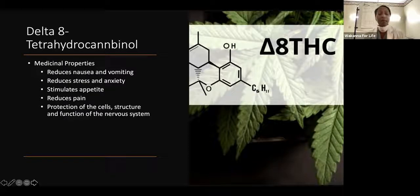It helps to stimulate appetite. Many people who are undergoing chemotherapy or any treatment for cancer may find this product really beneficial because it really does help stimulate the appetite. Now, you may ask, if I use it and I don't want my appetite stimulated, will it do that? And that's the beauty of the endocannabinoid system. The endocannabinoid system keeps our body in balance. So if our body is lacking in areas, the products will address those areas. So if you're not needing your appetite to be stimulated, then you're fine. But if you're someone receiving chemotherapy or some sort of treatment that reduces your appetite,